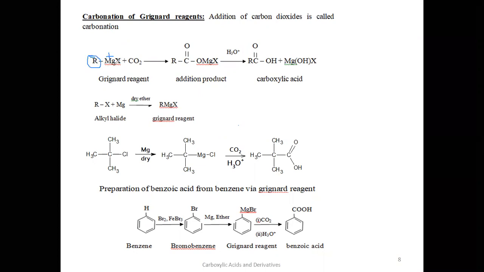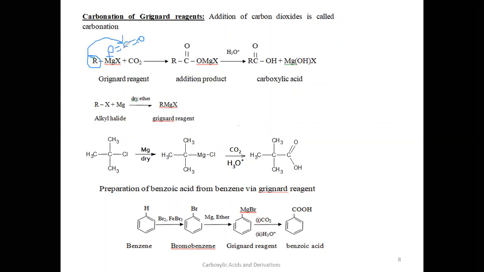than magnesium. Therefore, if you see this carbon dioxide molecule, we all know that carbon dioxide is a linear molecule and carbon is an electrophilic center. Because of these two pi bonds here, this makes this carbon electron deficient. Now we all know that in RMgX, R is a nucleophile. Therefore, it attacks this carbon.